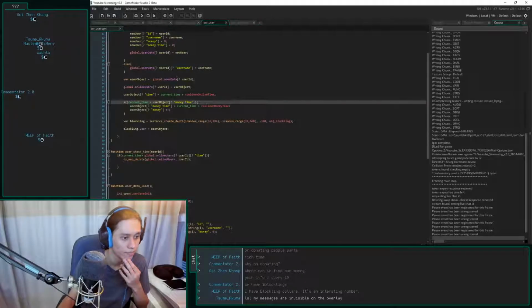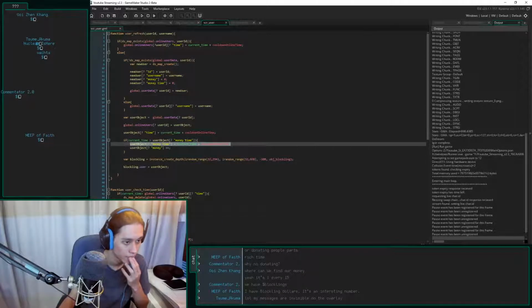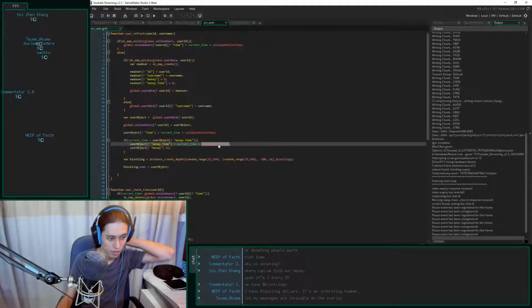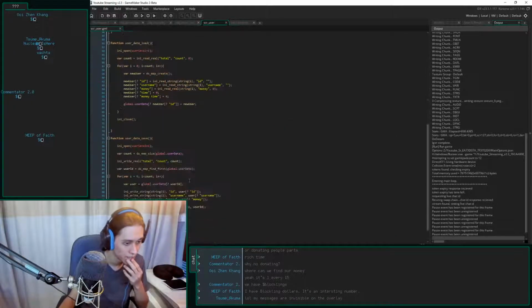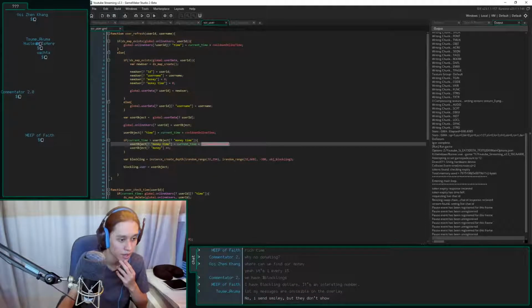Yeah, it's not adding it correctly for some reason. Could it be because the current time is greater than the money time, the user object money time equals that? If I save you, I'm not saving money, I'm loading it only once, that's okay.